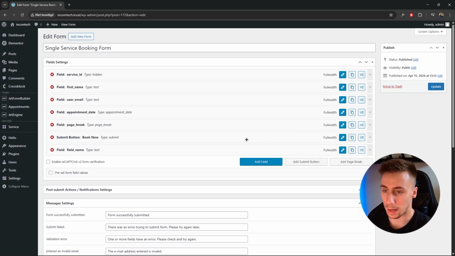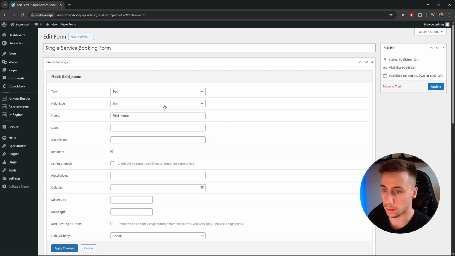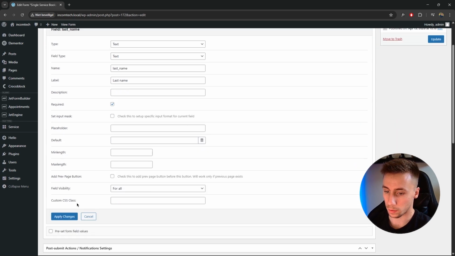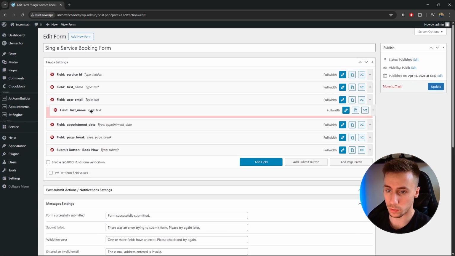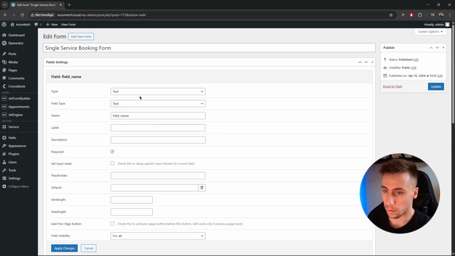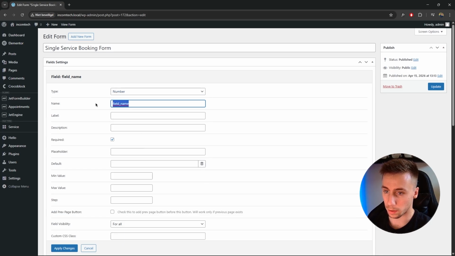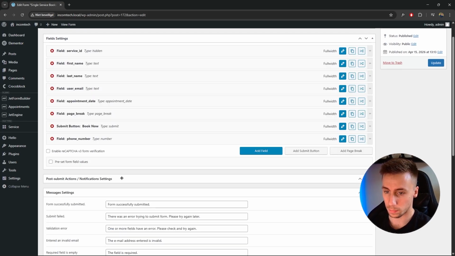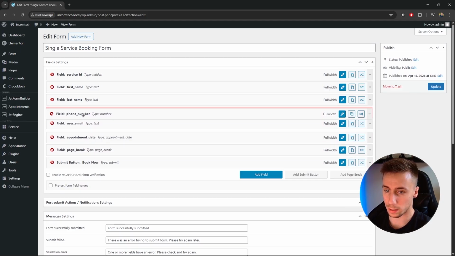Then we're gonna have last name. So let's edit this. It's gonna be last name. Okay, apply the change, drag it underneath the first name, and we're gonna say field name is going to be phone number. So we want to select type as number, and we're gonna say phone_number, and the label is phone number, just like this. And we're also gonna drag it